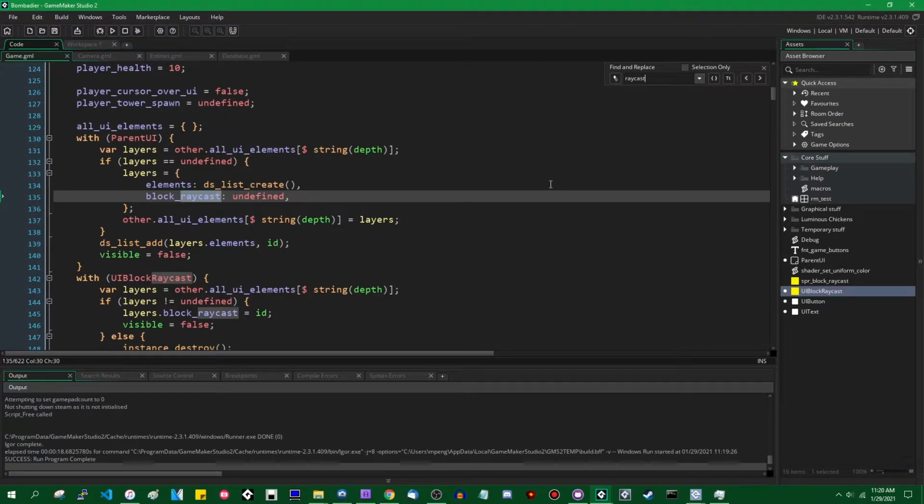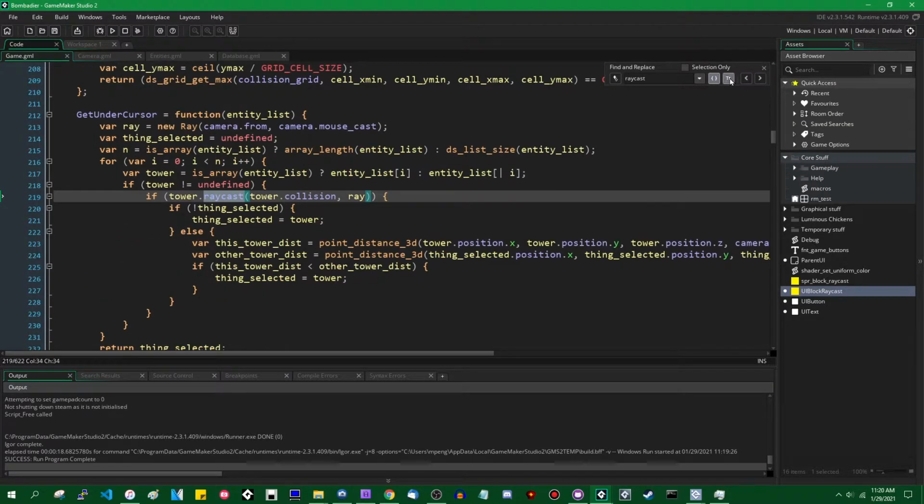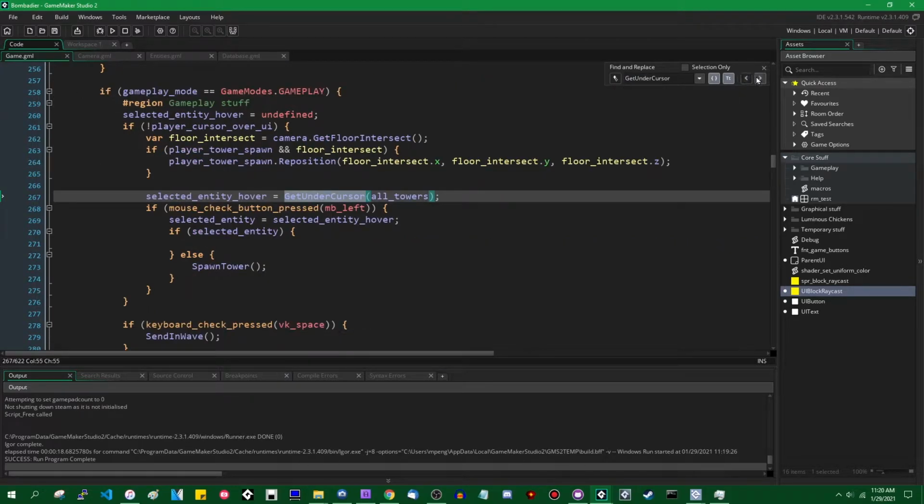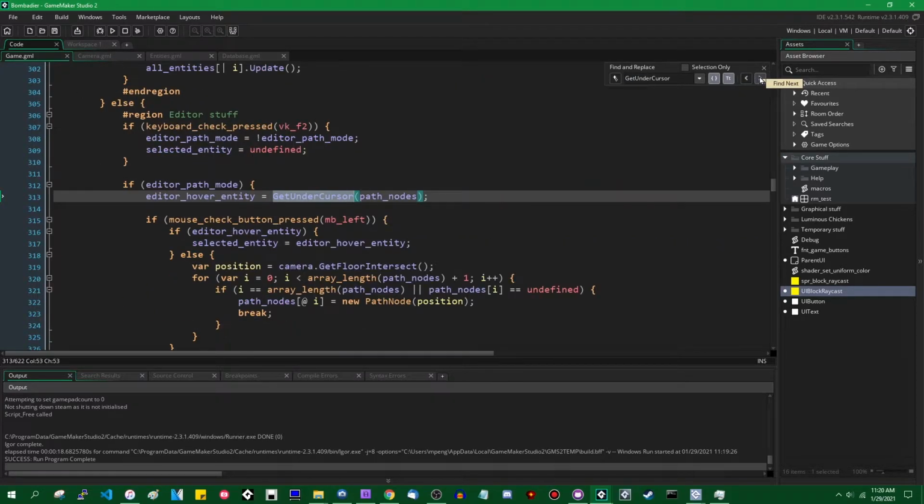Where is the Raycast performed? Let's say whole word only. So tower.raycast is the only point where that's done. Get under cursor. All right, if I recall, this is used in a couple places to figure out what your mouse cursor is on top of,